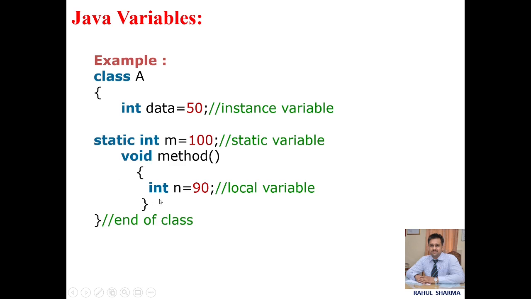When this function executes, after execution this function will release memory, and with this function the variable n will also release its memory, or we can say it will be destroyed from the memory. So this n variable has existence only inside this method function.